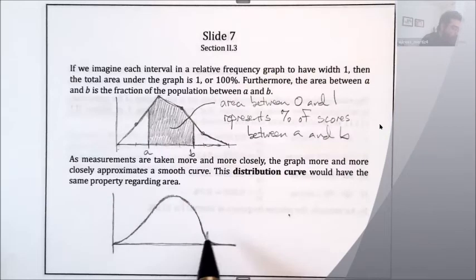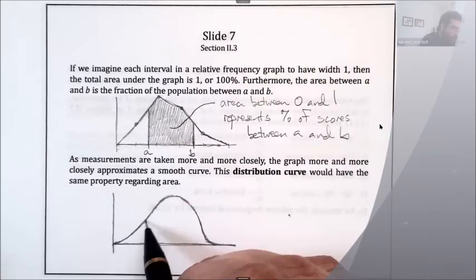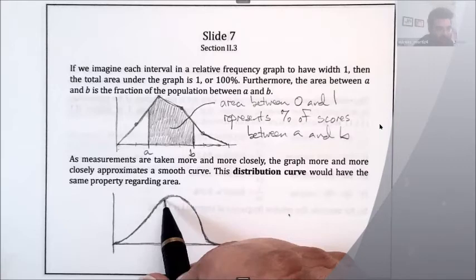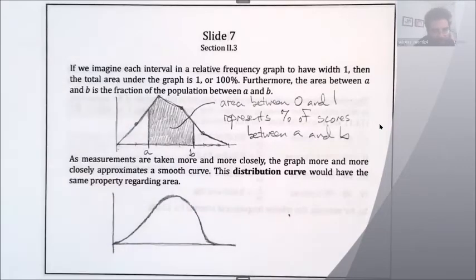We have all been seeing curves like this lately because we're in the middle of the coronavirus pandemic. They keep telling us, let's try to flatten the curve. That curve that they're talking about is a distribution curve. And